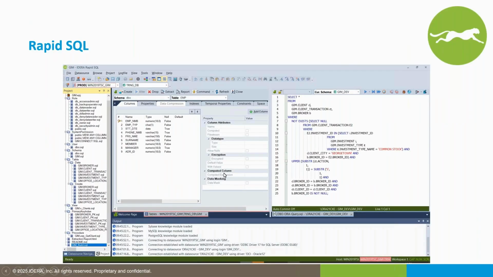Regarding the user interface, like DB Artisan, we have this client where here is the connection with a Git server, so I have all my different scripts available. I can double click and it will automatically open my script for editing. You will have colors depending on the keywords. You can easily add new columns and use Ctrl+Space for code completion and things like this. There are also editors to edit your objects using a graphical user interface, so you don't have to write everything in SQL. You will have all these different wizards directly available.